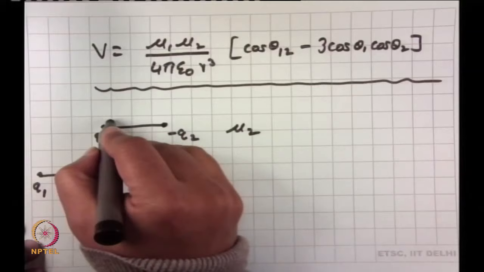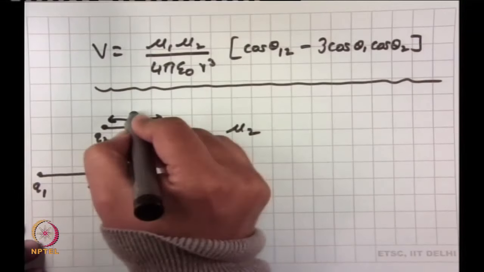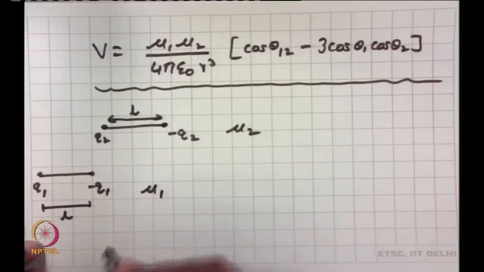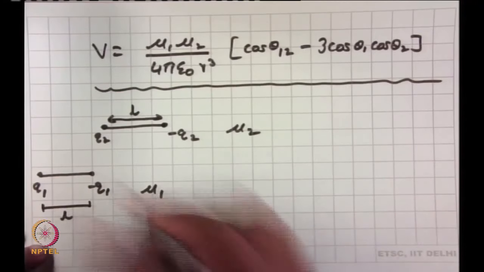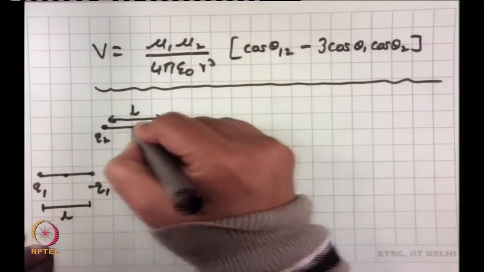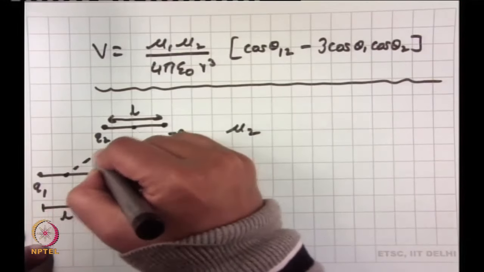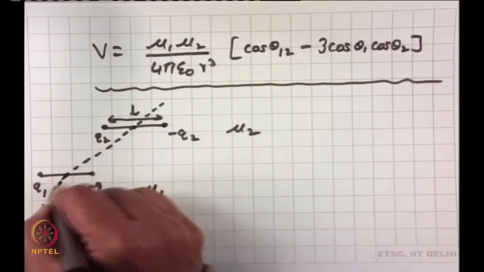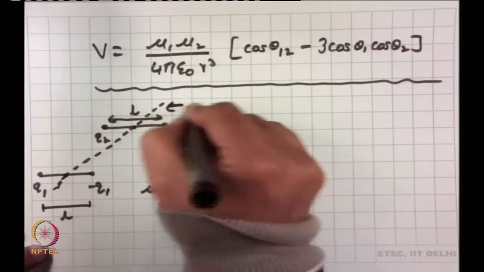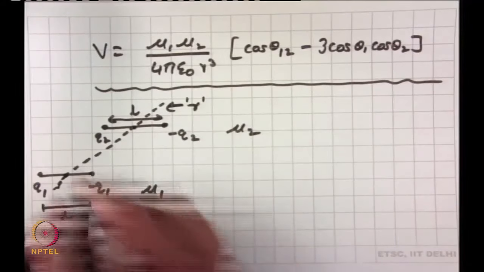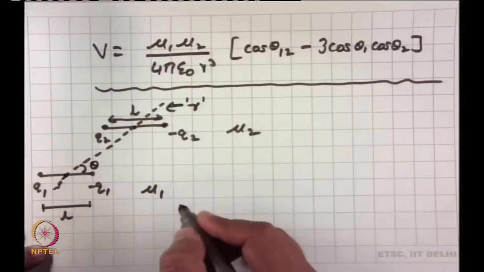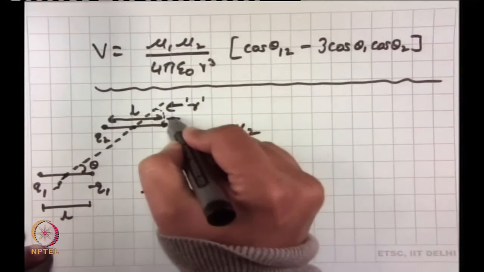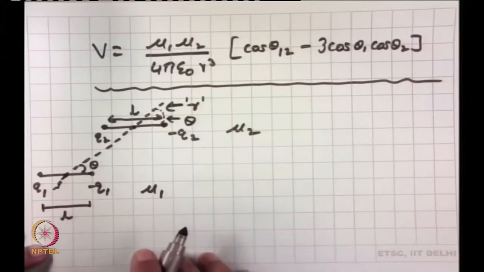Again the length is given as L, same for here, the length is given as L. Now remember what distance we were talking about. So this distance is again from the midpoint of the dipole. So if I can extend my r, so this is your r, right. So this one makes an angle theta, and this one, if you can understand, this one also makes an angle theta. Do you get that?